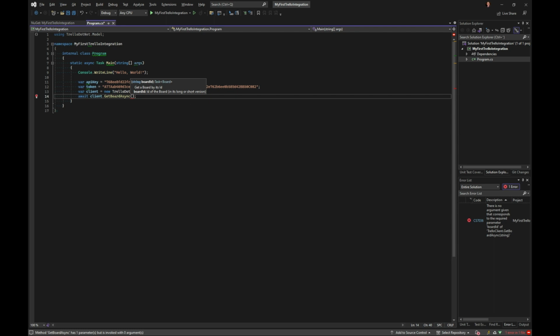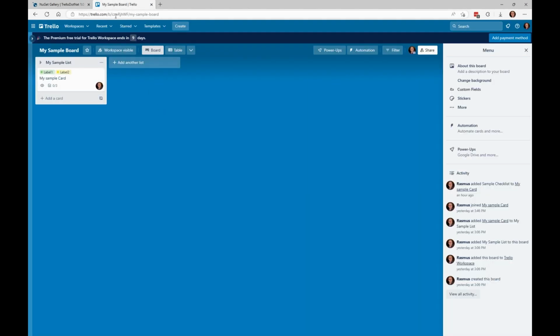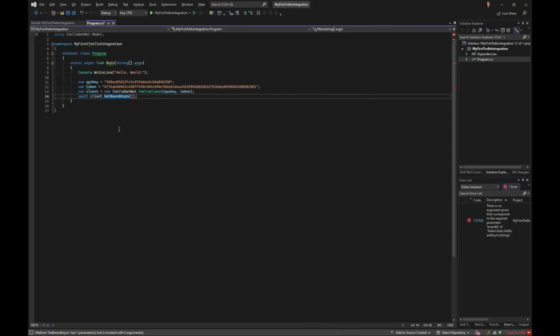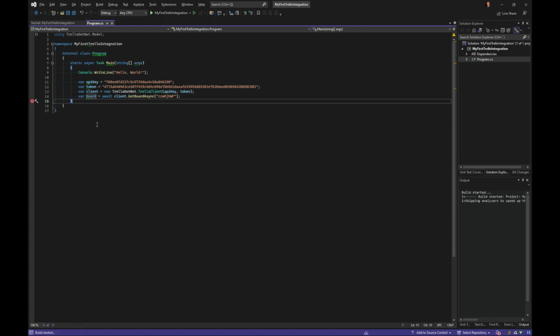I have a separate video on how to get IDs, but let's quickly go to a sample board here. And here's the short version that I will just try to use here. So let's put that in and get our board. Let's set a breakpoint and run it to see if we have some access to this and we haven't done anything wrong. So let's run it.